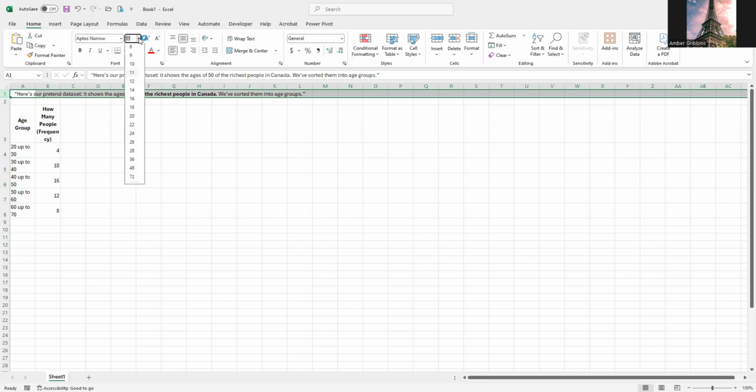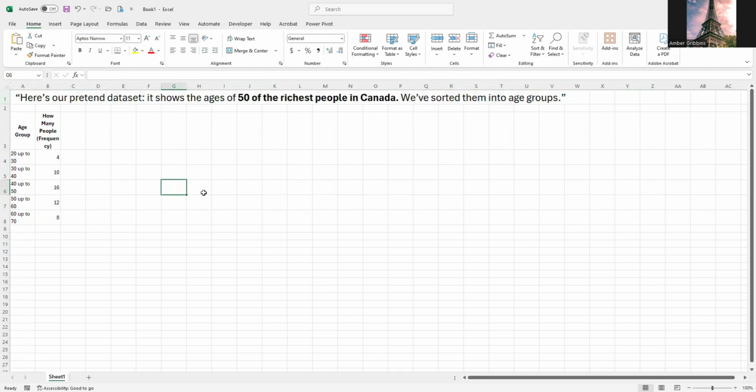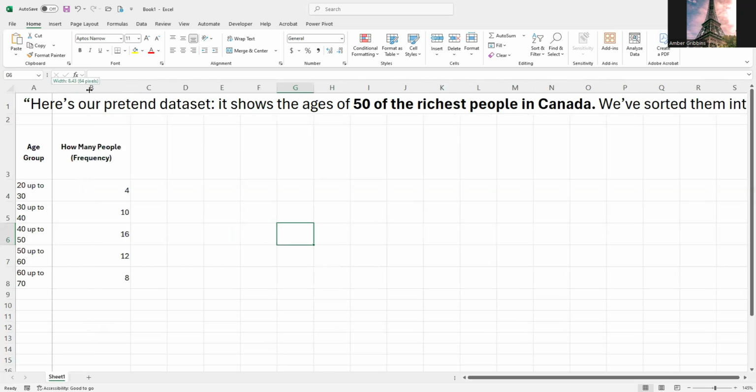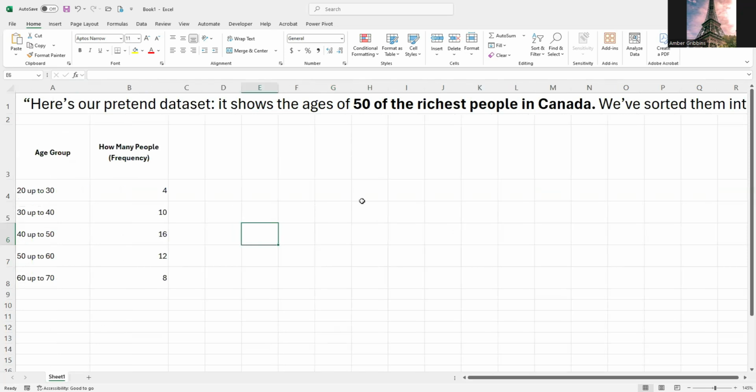Are Canadians rich? I'm not really sure. But we're going to pick out the richest ones. Make this nice and big so that you can see. I'm going to stretch this out, and you can just follow along in Excel. I know I've done these before, and people are always like, oh, I have to pause your video to catch up. Well, go ahead and pause. No one's stopping you from doing that.